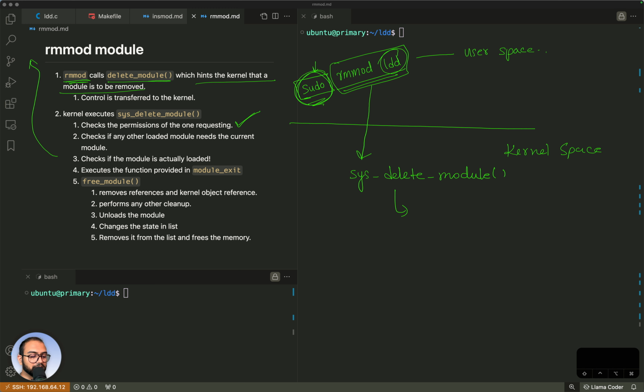So it checks the permissions, and then it checks if any other modules that are already loaded depend on or are using this module. So that all is checked, and after that it checks whether or not the module even exists, right? And after nothing has failed so far, it will go ahead and call the function that was submitted as part of module_exit